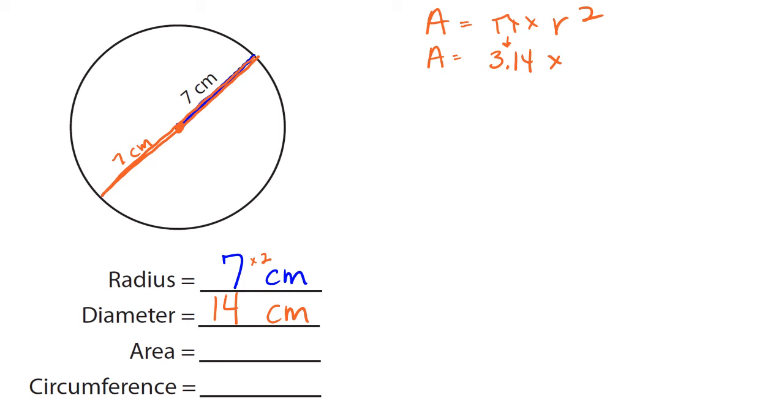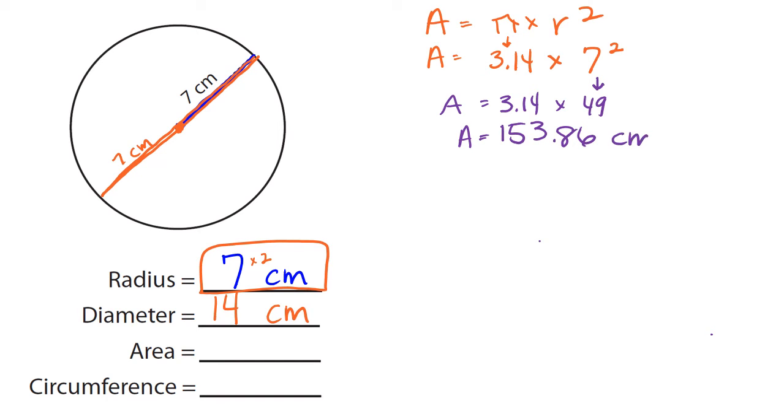And now we need to use our radius for this problem. So radius would be 7, and then we take that to the power of 2. Now let's go ahead and do some steps. So we've got to do our exponent first. 7 squared gives us 49. We rewrite our whole equation. So now let's go ahead and do 3.14 times 49. Gives us our area being equal to